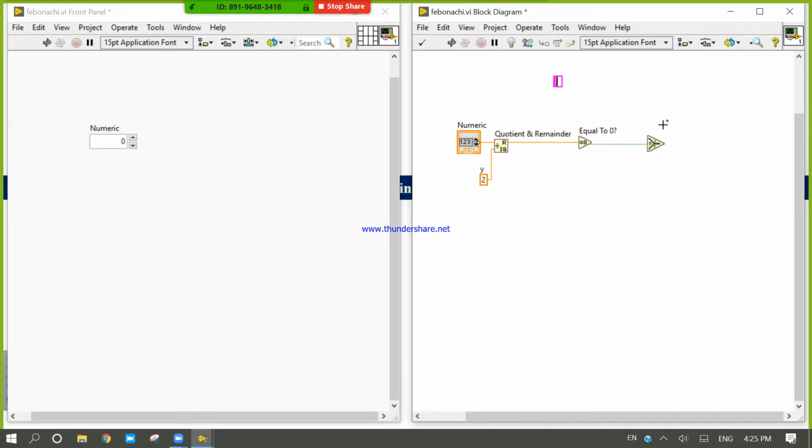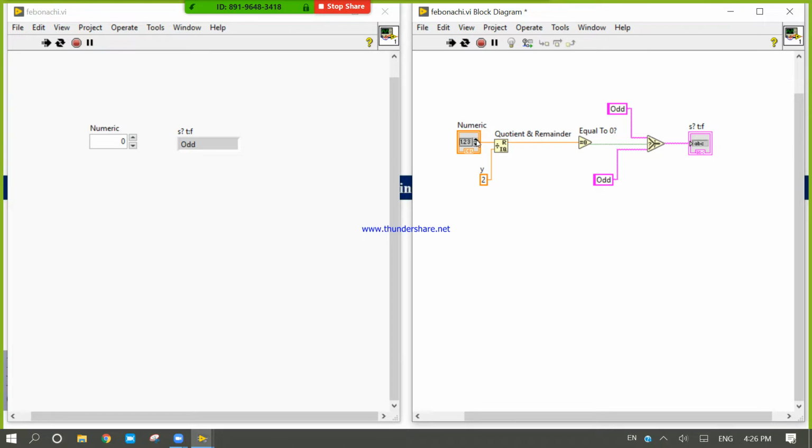Okay, if not, then odd, then even indicator. Let's design this thing first. Run 0, sorry, even. 0 is even, odd, even, odd.